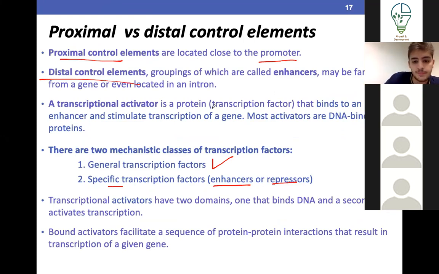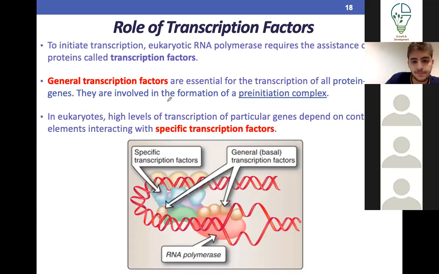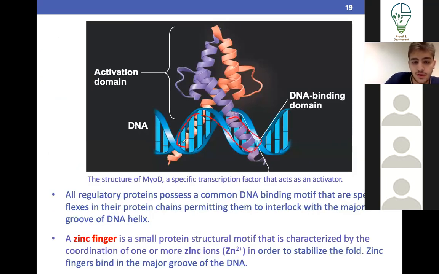So we've talked about this. Let's say this part of DNA is an enhancer. It's very important that you understand enhancers are a DNA sequence. The transcription factor has a DNA binding site and an RNA polymerase binding site, or the activation domain as they call it. So the activation domain binds to RNA polymerase, which stimulates transcription or initiates it, depending on whether this is an enhancer or a promoter.